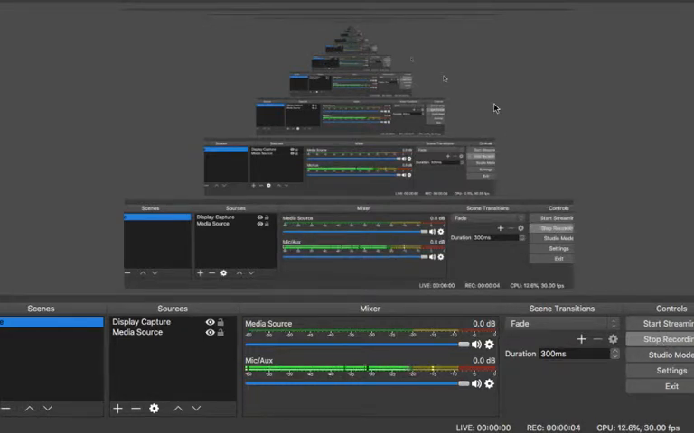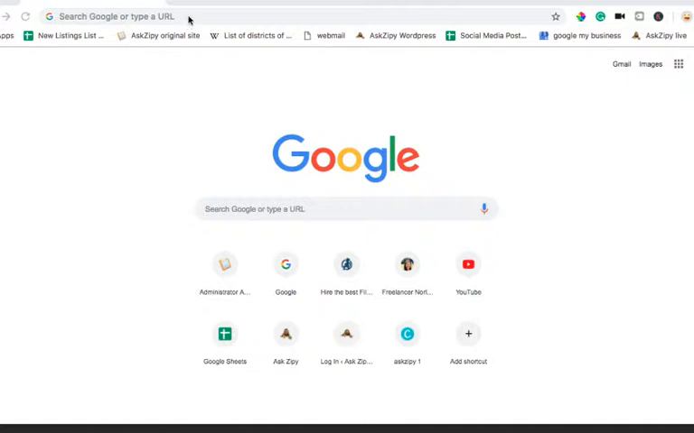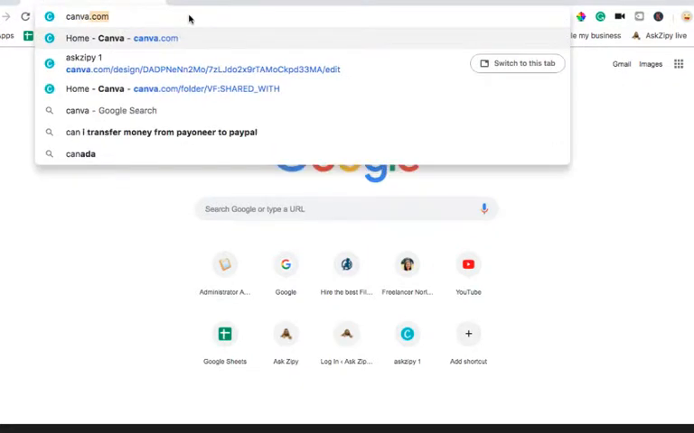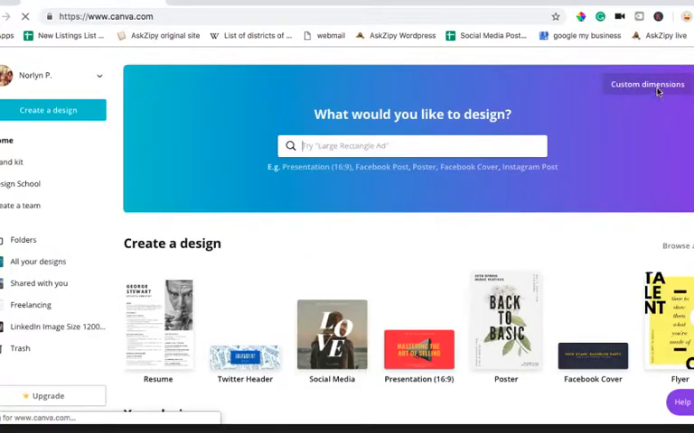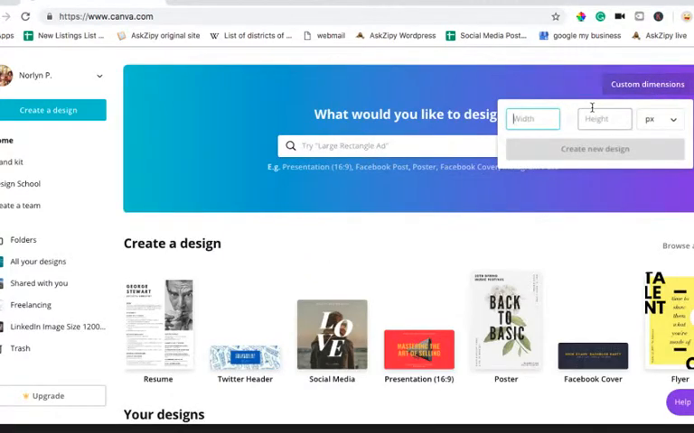In this video, I'm going to share with you how to create a logo with a transparent background. So in your browser, go to canva.com, click custom dimensions, type 1000 by 1000, make sure it's in pixels, create new design,